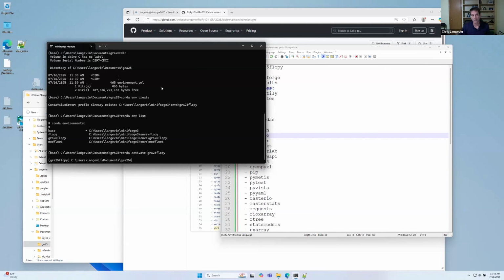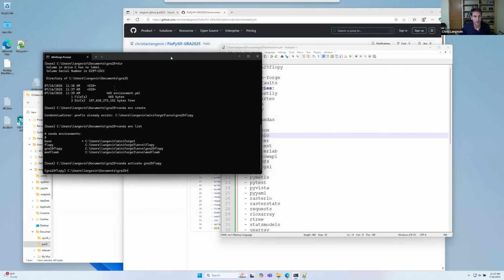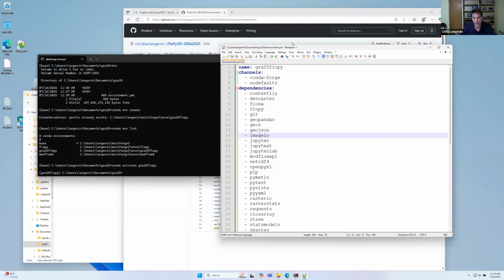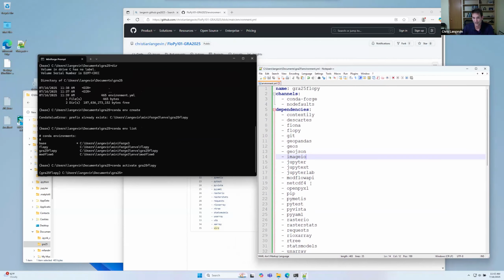But before we do that, let's do one other thing. This environment that we created had something called Git installed with it. So Git is a source control software that we use quite a bit as MODFLOW developers, and hopefully many of you are familiar with it. It's an easy way to pull down